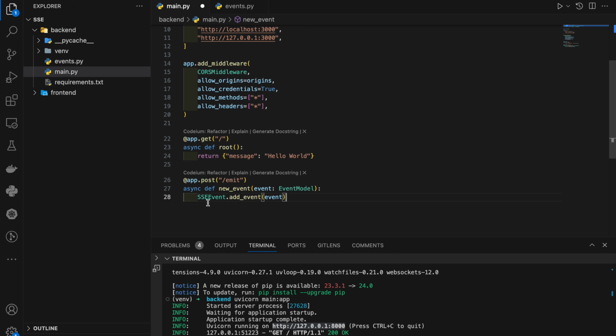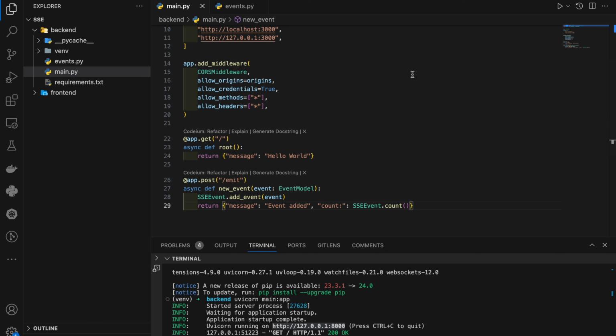So this is going to be added into that queue, and we can return a response, and in this response we can say event added. Also we can say count is going to be SSEEvent.count. All right,